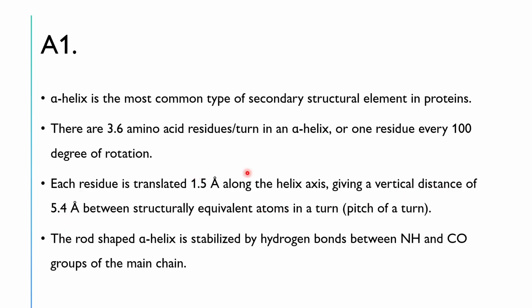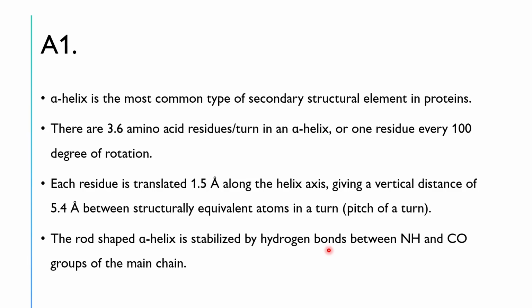That is called the pitch of a turn. And this rod-shaped alpha helix is stabilized by hydrogen bonds between NH and CO groups of the main chain. Okay, NH group, and I guess everyone knows the skeletal structure of amino acids. It contains one carboxylic acid group, one amino group, one R group, and one hydrogen. So this NH and CO, which forms the peptide bonds, also helps in forming hydrogen bonds during the alpha